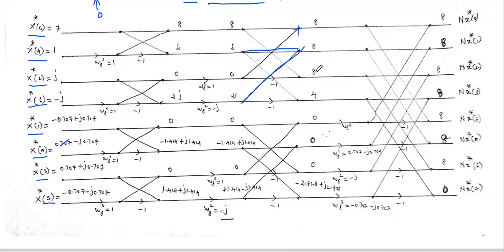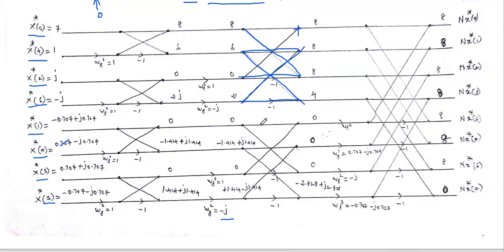Then in the third line, this 8 is coming. 8 plus 0 multiplied with minus 1. So 0 multiplied with minus 1 is 0. So 8 plus 0, 8. Similarly, you find the answer here. The 6 is here, and 2 multiplied with minus 1. So 6 minus 2, 4. Similarly, you calculate the answer here.